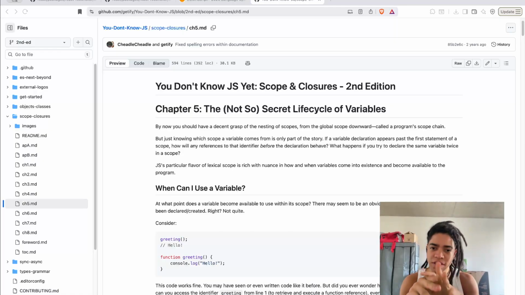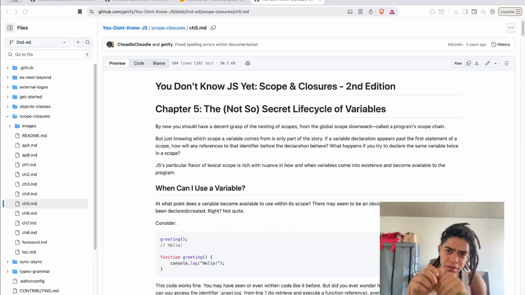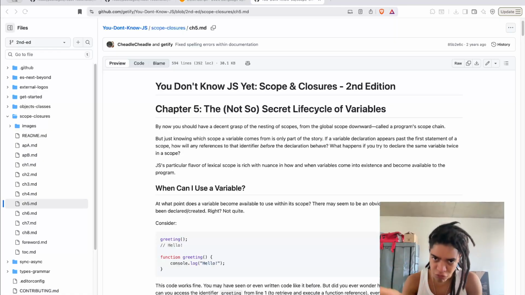So let's take a look now at chapter 5 and chapter 6 from the book series You Don't Know JS Yet. In this book we explore scope and closures, and the case here is not only for scope but also for the different scopes that we can have in our language, that are provided by ECMAScript, and that is the function, the block, and ultimately the global scope, which